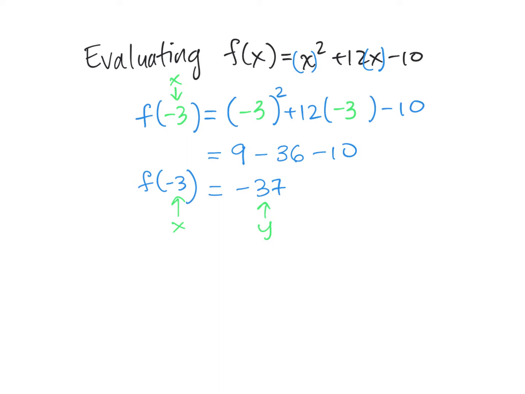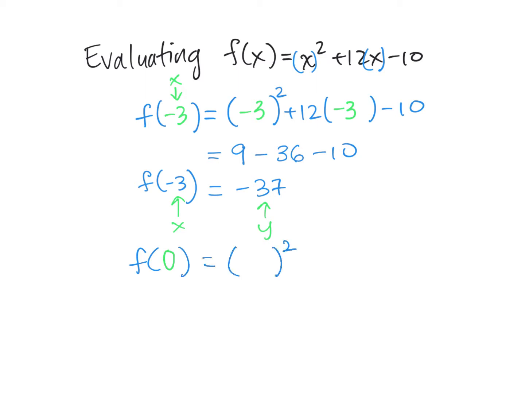Okay, so let's do the same thing, but this time let's do it for f of 0. So f of 0, you know what? Let me color coordinate. I'm just going to let you see the magic. I'm going to erase, go back, and change it to green. f of 0 equals,